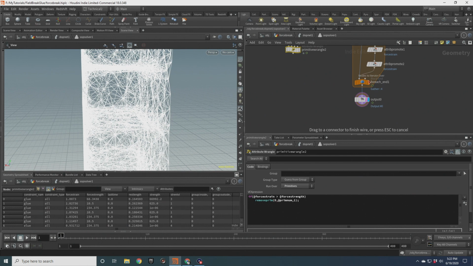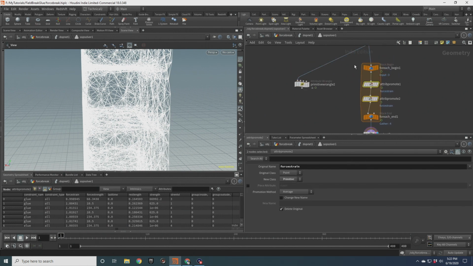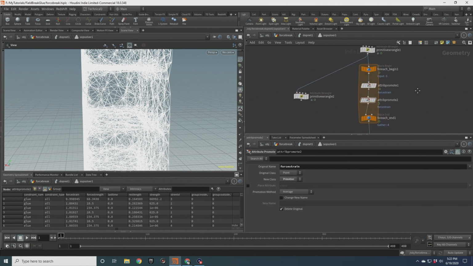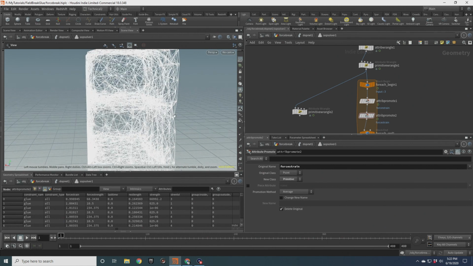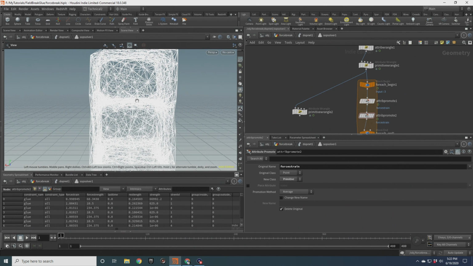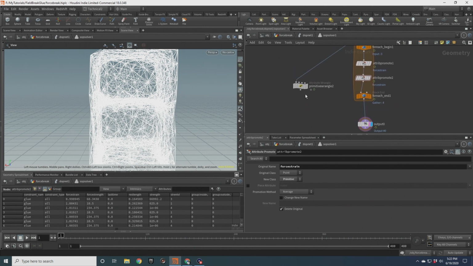So basically, each time we go through, we're pretty much just averaging. We're going to average it onto the points and then average it back onto the primitives. And the overall effect will be that each pass we basically spread out that force, that sort of strain, across the network. And then once we've done all of that, at the very end,